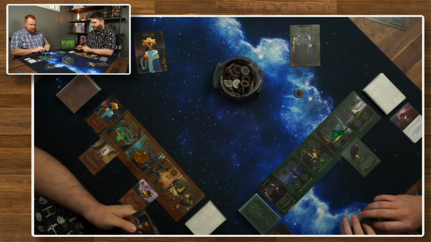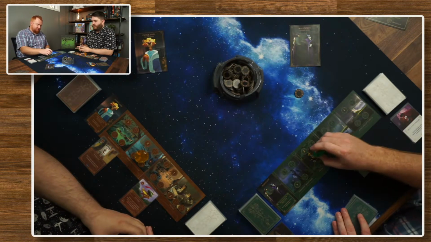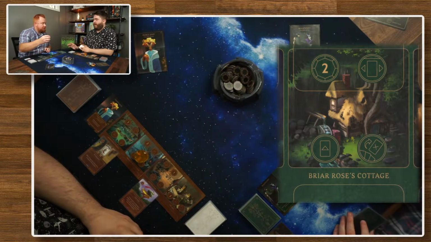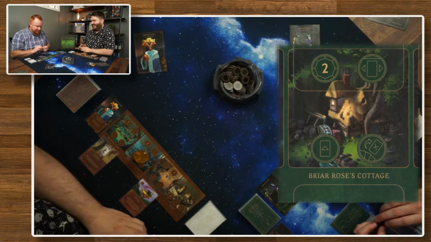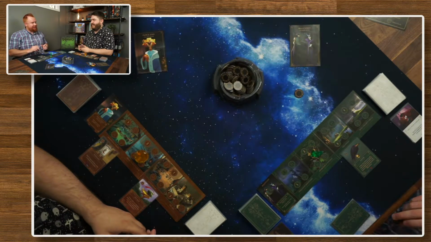All right. I'm going to go ahead on Maleficent's second turn. We'll go ahead and move to Briar Rose's cottage. First action, she has gain 2 power. Wait a minute, we have a Briar and a Friar. We do. Are they brothers? I'm assuming not. I think Briar Rose is just a location in the